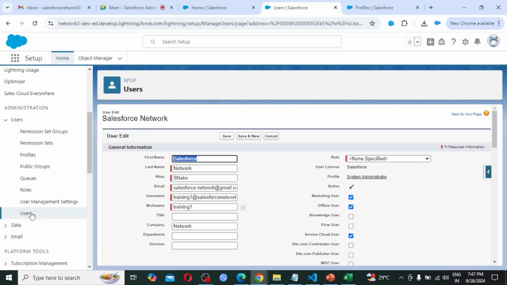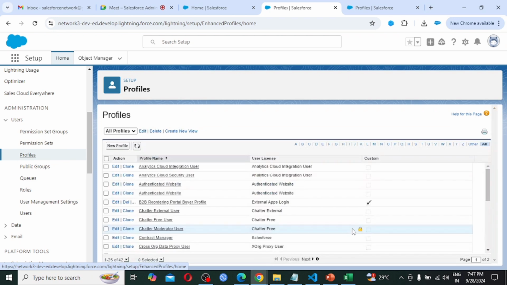When we are creating a user, in that session we are going to see how this is controlled, along with the real-time profile scenario. So I think in the next session we are going to create a user. At that point I am going to assign the profile we created today, the system administrator new profile. So today's assignment is completed.